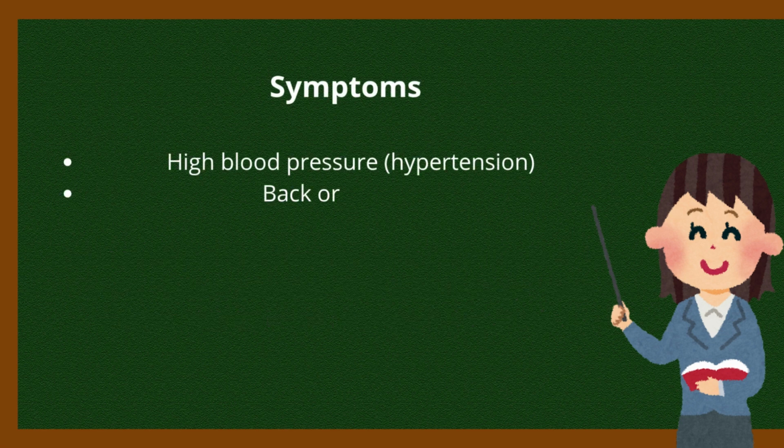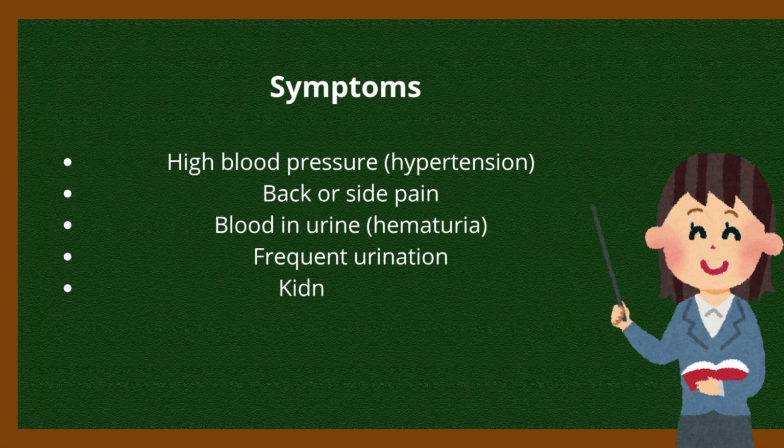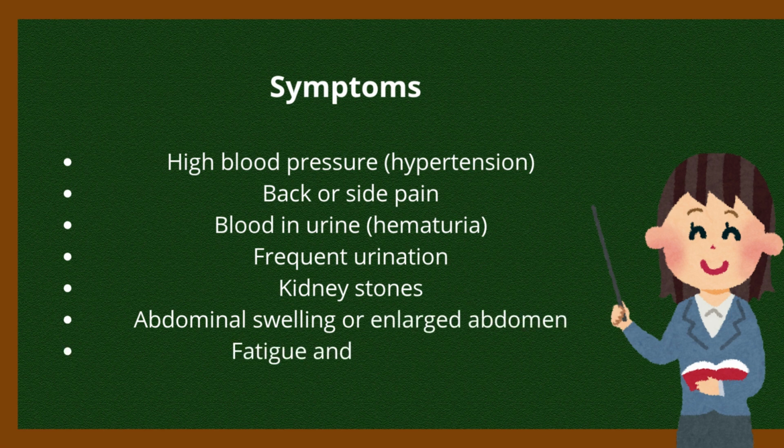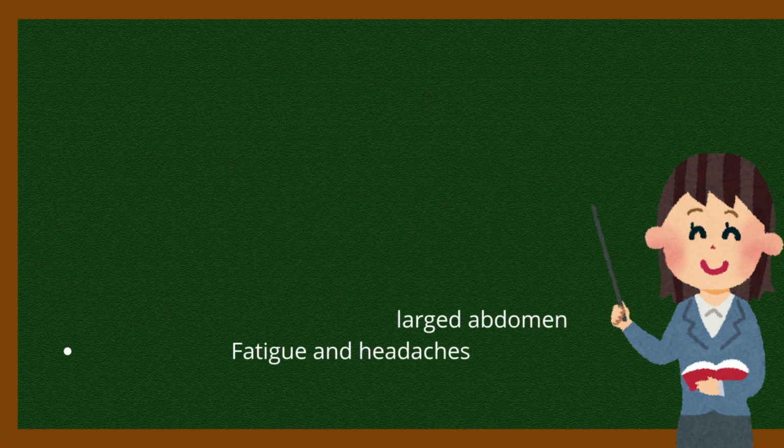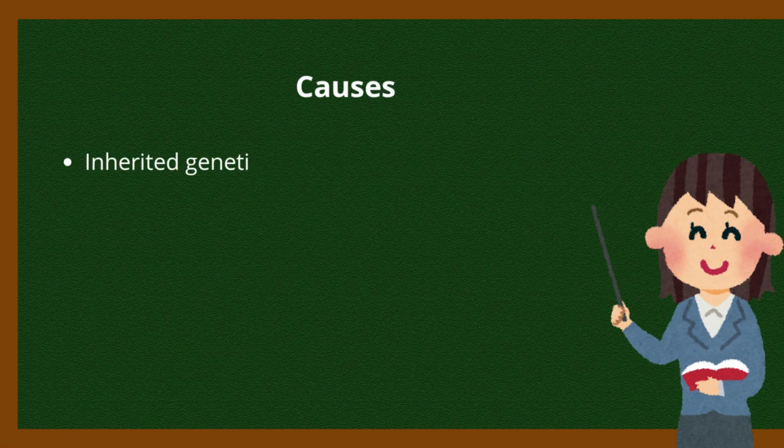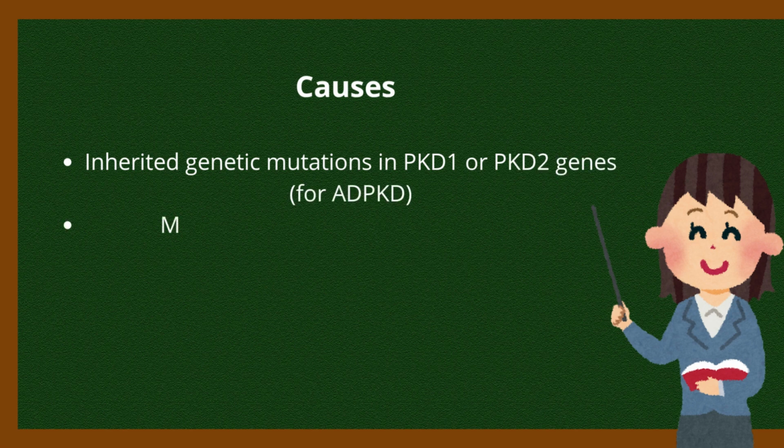Symptoms: high blood pressure, hypertension, back or side pain, blood in urine, hematuria, frequent urination. Kidney stones, abdominal swelling or enlarged abdomen, fatigue and headaches. Causes: inherited genetic mutations in PKD1 or PKD2 genes for ADPKD, and mutation in the PKHD1 gene